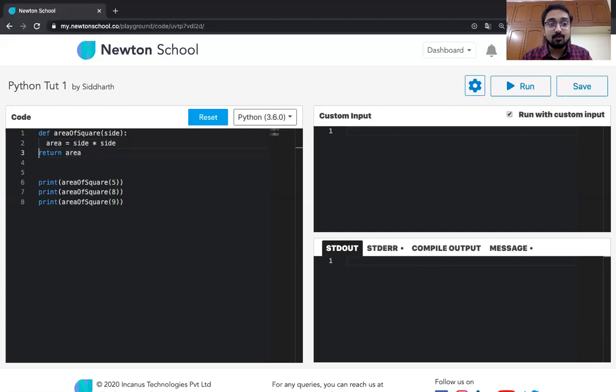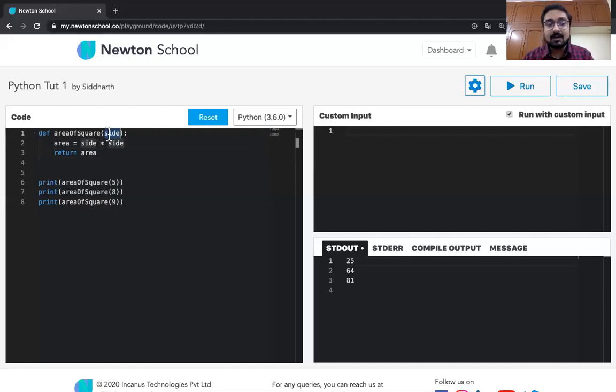I can also have both of them having two spaces. That will work. But you need to have them on the same indentation level for them to be considered a single block of code. Otherwise, you will get an indentation error. In Python, usually you use either four spaces or tabs. Four spaces or tabs is a very popular convention in Python to declare a block of code.